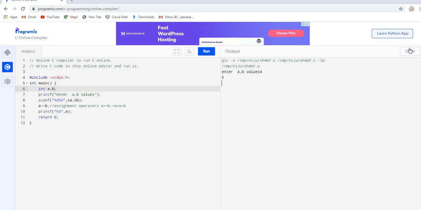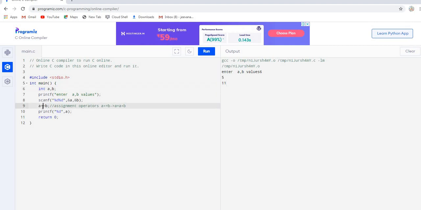The output will be 11. So 6 plus 5, initially the A value was 6. Whenever the addition operation is applied, the A value was changed to 11. Initially we took A as 6. After applying the addition operator, it is converted to 11.